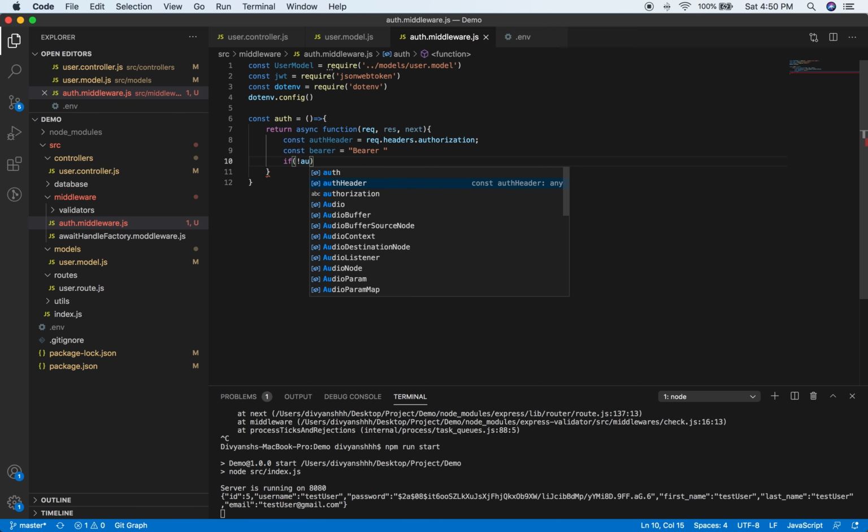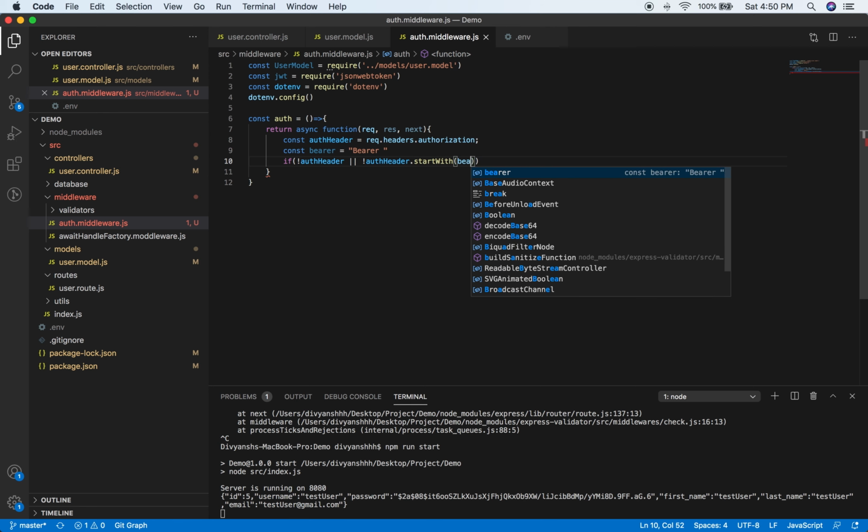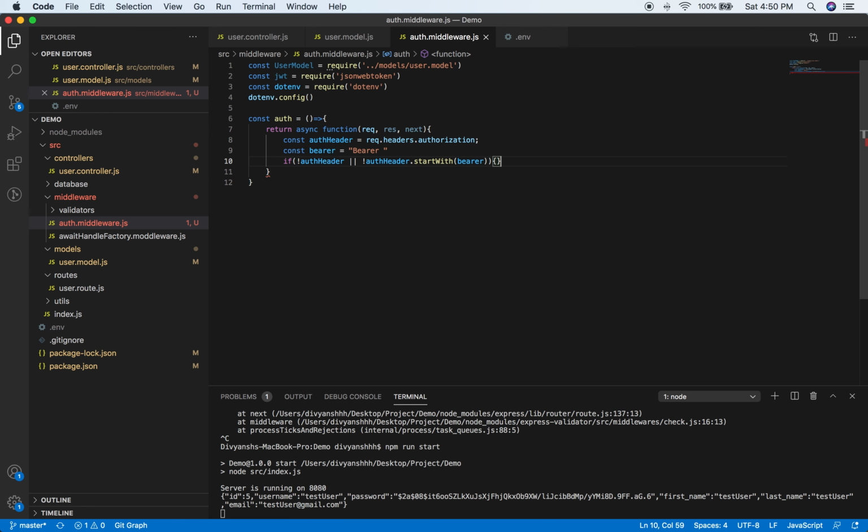First, the auth header should be there. Second, auth dot startsWith Bearer. Okay, perfect. But if it's not starting with this string, then we are going to